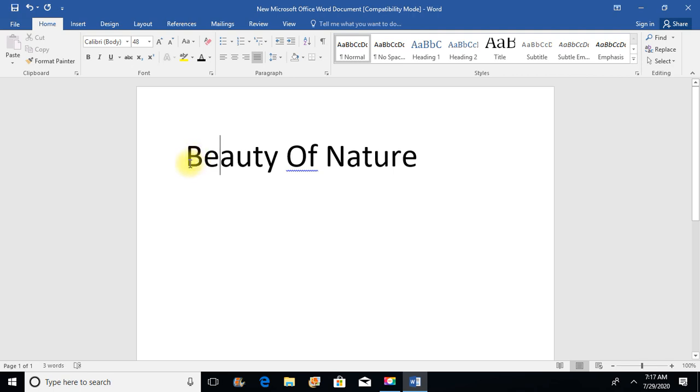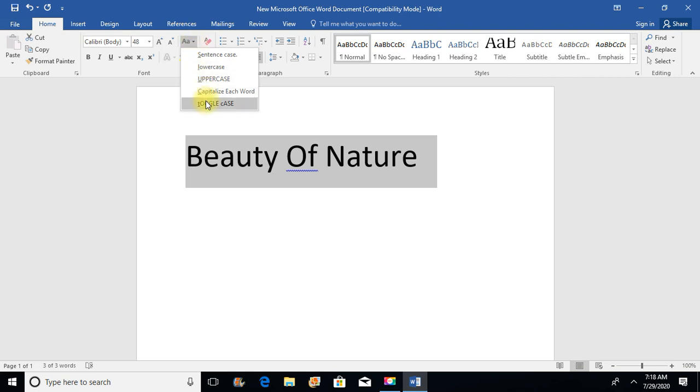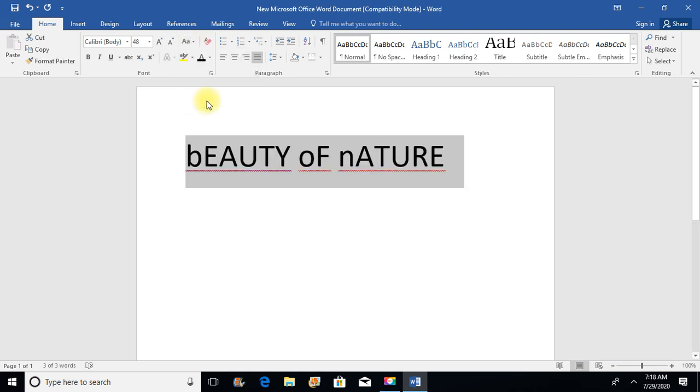Now, the last one is toggle case. Select the sentence and apply toggle case. You see the difference here? Yes, it converts the case of every selected letter into reverse manner.